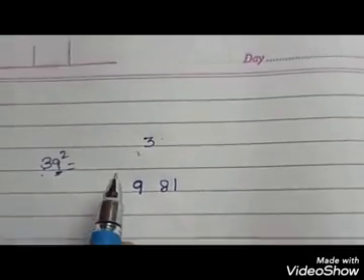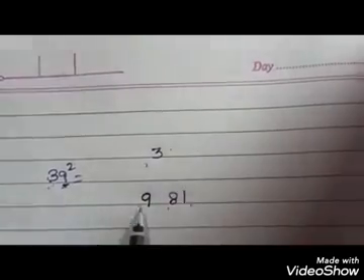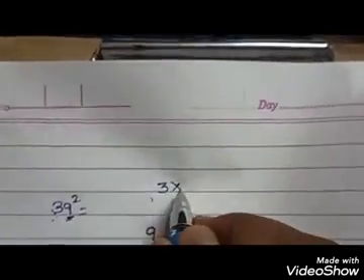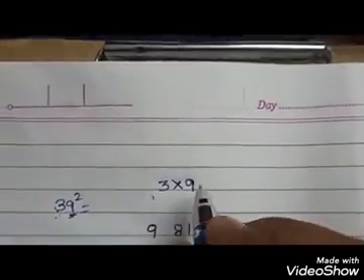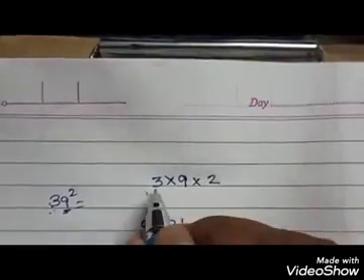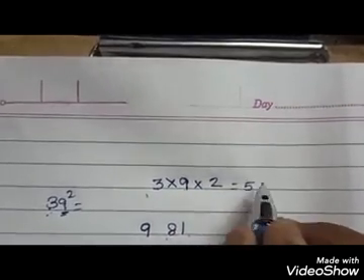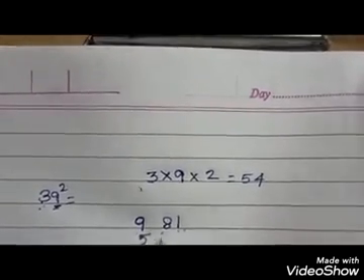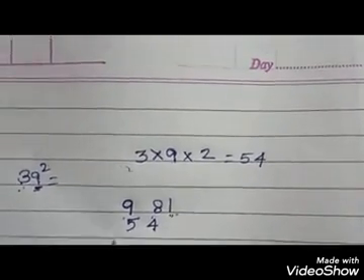Okay, so next what you need to know is you have to take 3. So first step, you have to multiply the ones place and then tens place. Okay, next you take this 3, it is multiplied with the 9. Okay, and you need to double it. Double it means you multiply with the 2. So 3 9s are 27 into 2, 54. So you leave this number, you add this 54 here.